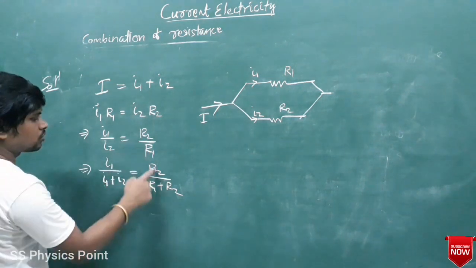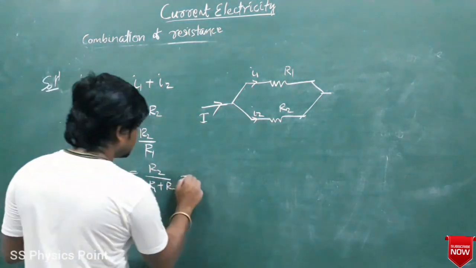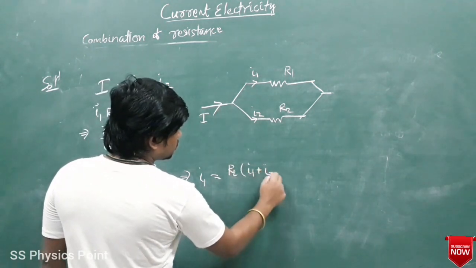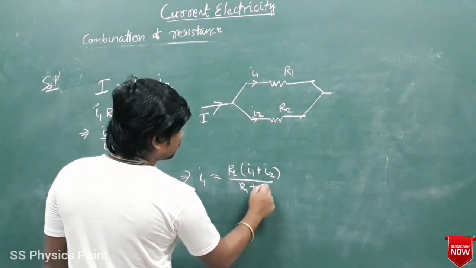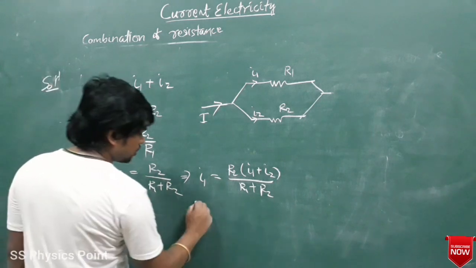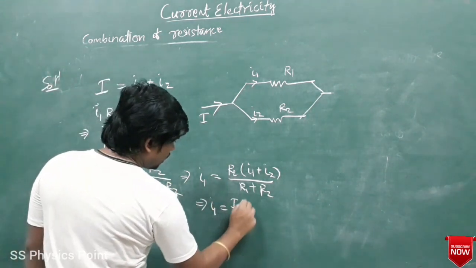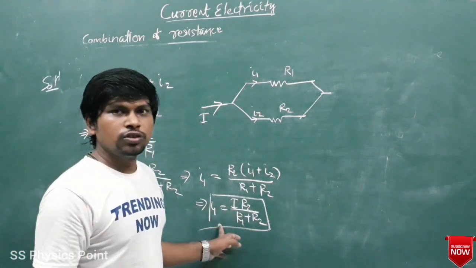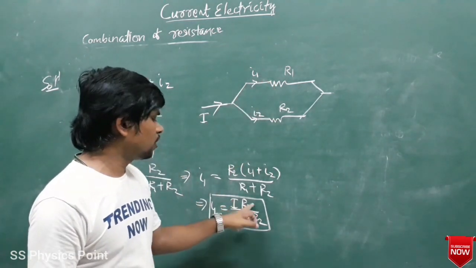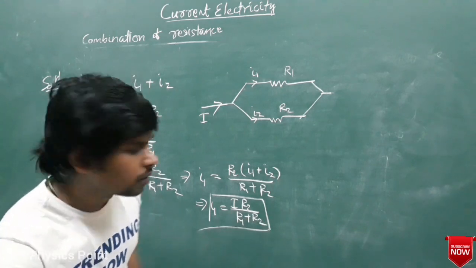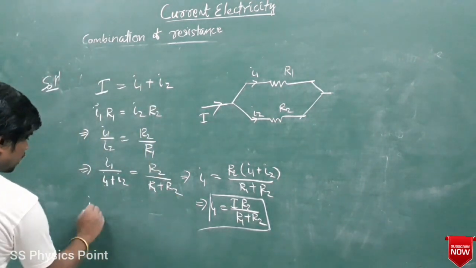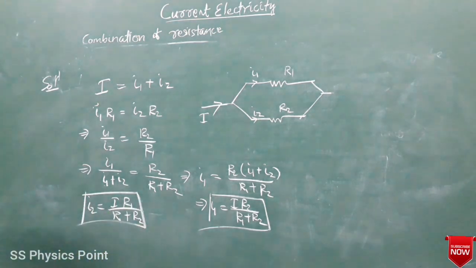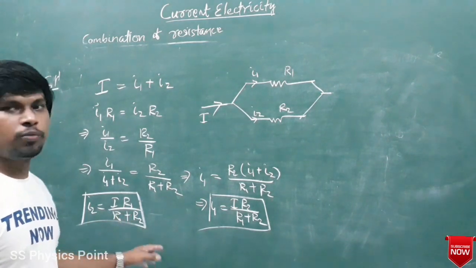Just do the summation, I1 divided by I1 plus I2 should be equal to R2 divided by R1 plus R2। तो ये कितना हो जाएगा, I1 equals, ये इधर आ जाएगा, so R2 into I1 plus I2 divided by R1 plus R2। So I1 plus I2 किसके बराबर है, I के। तो कितना हो जाएगा ये, I1 equals I R2 divided by R1 plus R2। ये फॉर्मूला सब याद रख लेना। The current through first resistor equals net current into R2 divided by R1 plus R2। उसके बाद find the value of I2। सिमिलरली I2 कितना हो जाएगा, I R1 divided by R1 plus R2। ऐसे भी आप लिख सकते हो। I2 will be I into R1 divided by R1 plus R2।